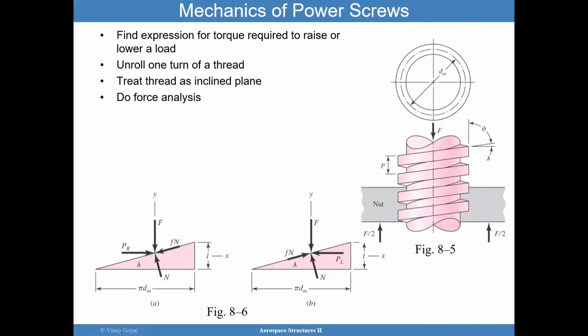We want to look at basically a thread as an inclined plane, and basically the static analysis. As you can see here, to lower or raise this load, it will be reacted by the nut, by a value F/2 on either side. But when I look at a specific thread in an incline,